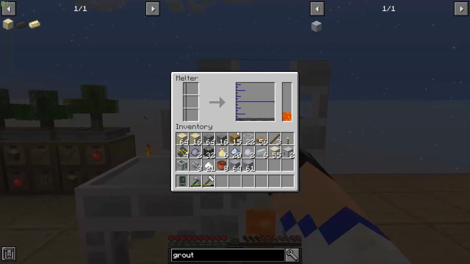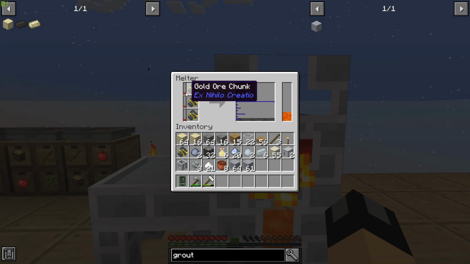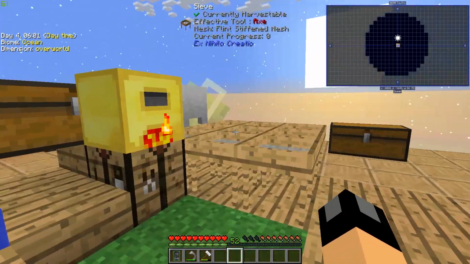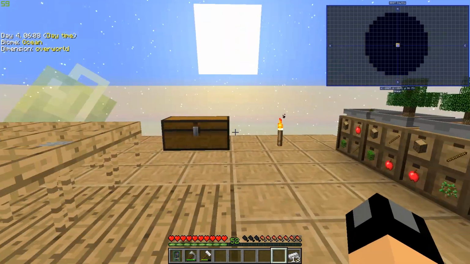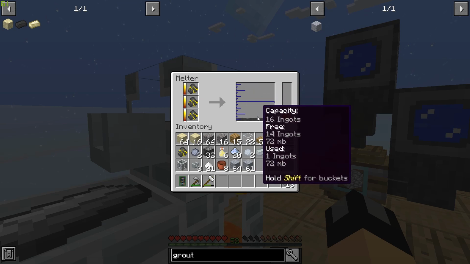So, with that set up, now we have the seared stone. Let's put the gold in here. Does it smelt? Thank God. We need some iron. And we put that right here, and then it should pour over it and give us sweet, sweet reward. Go. And...